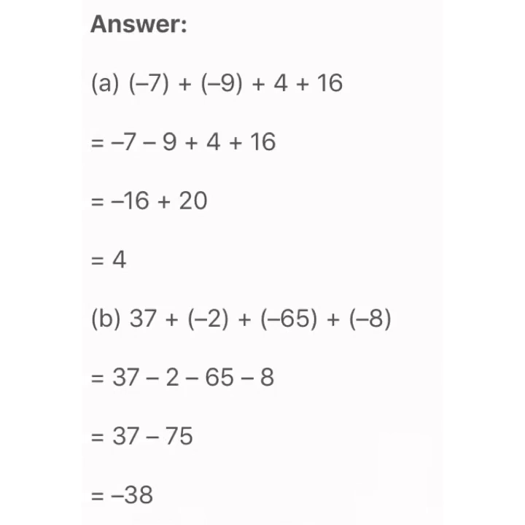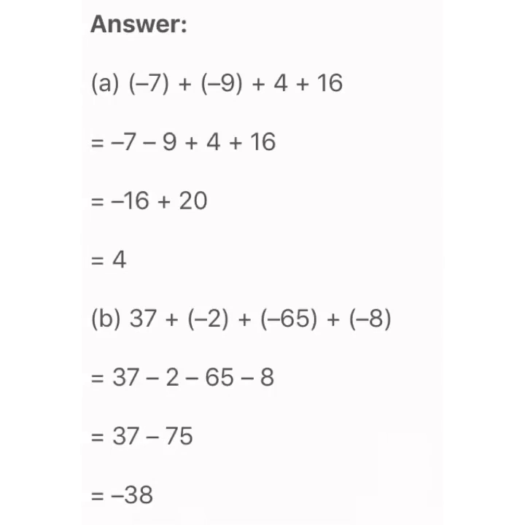Positive integers will remain positive, and negative integers will also remain negative only, but they will be added. Minus 7 and minus 9 gives minus 16, and 4 plus 16 gives 20. Now minus 16 plus 20, the answer is 4 because 20 is greater than minus 16, that is the negative integer. Now the last question of this exercise,